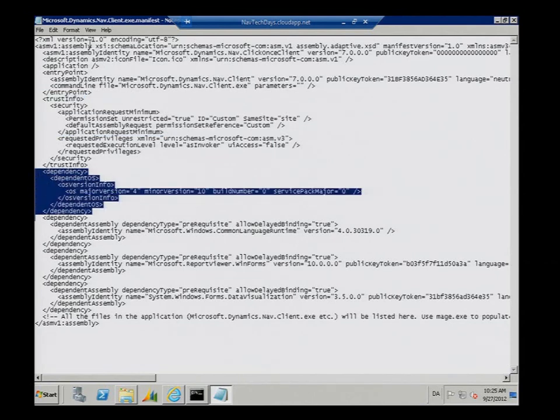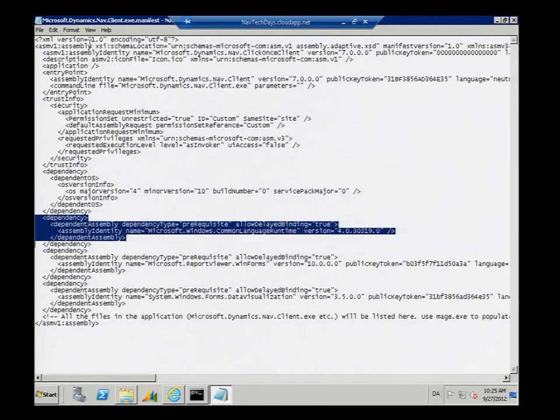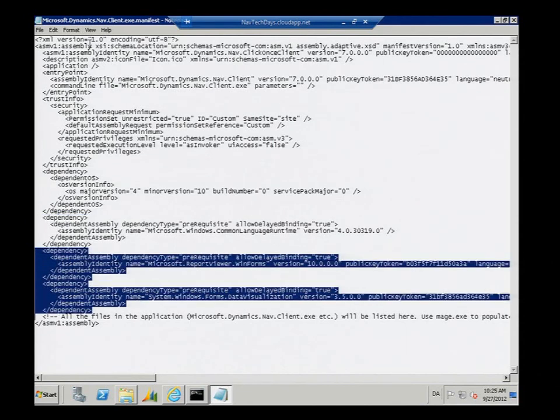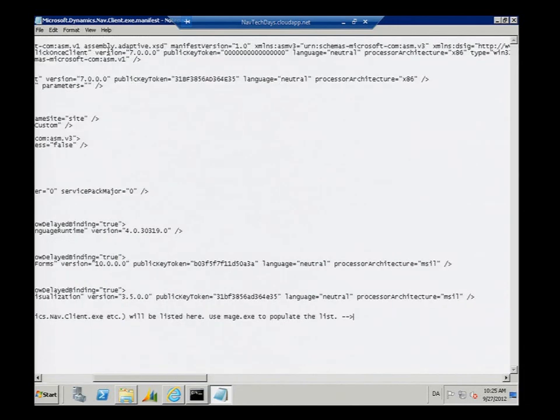You have to have a minimum version number of the operating system. We support, for example, Windows 7, so it's fine. And .NET version 4 is also automatically available on Windows 7 machines and up. And then it has two dependencies. Those were the two that I showed on the first website. So if a user forgets to install them, they will be told so. And then at the bottom here, I need to list all the files that I put in that folder.